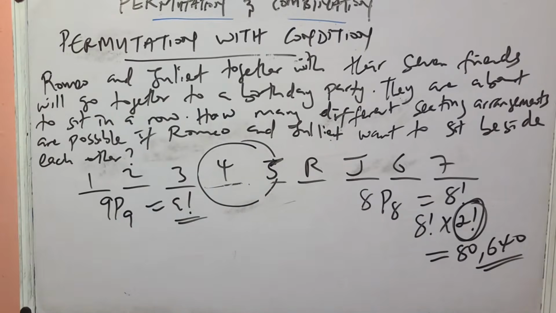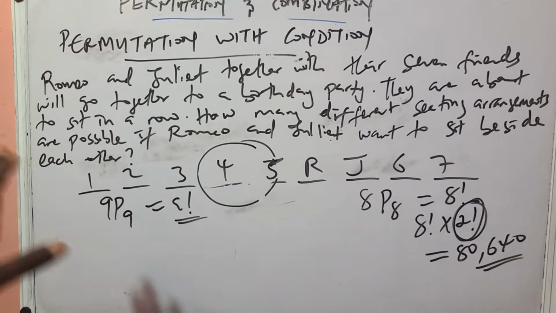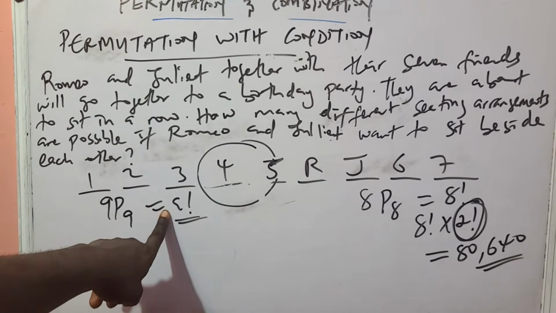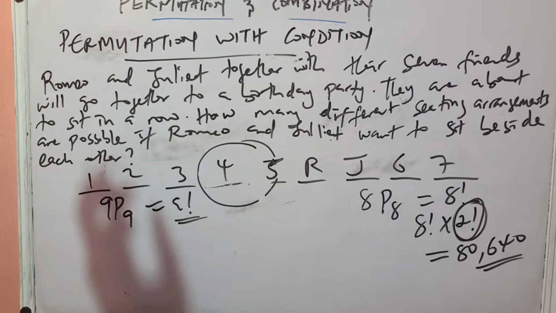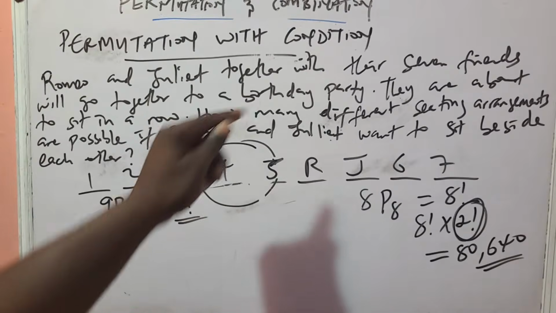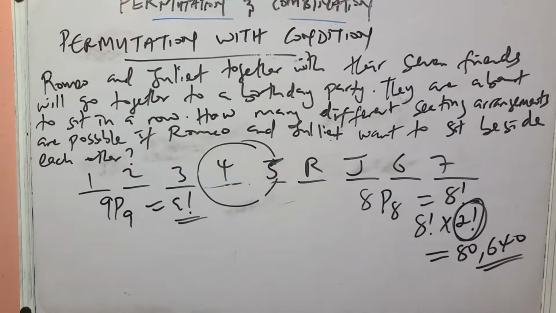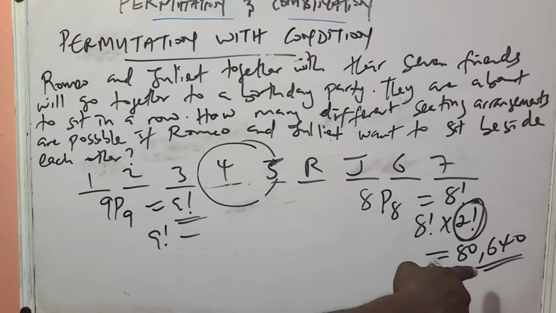And that's the reason why the way to solve this is that you will do the general one where you don't care about either they are sitting or not sitting, which is this one, 9 factorial. You're just arranging all of them anyhow. You're not caring if you are sitting near each other or not. You will now go on to subtract from it all the moments when they sat near each other. So the answer to that question I asked, if they must not sit near each other, will be 9 factorial minus this